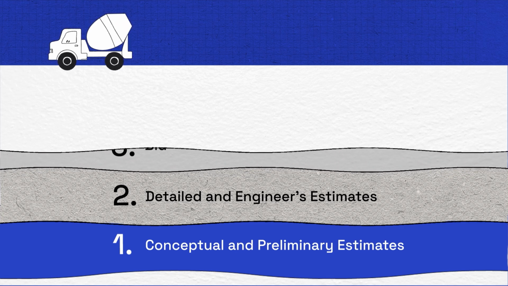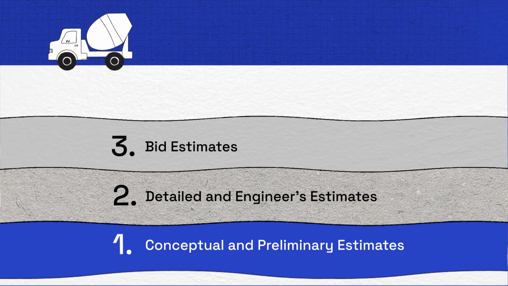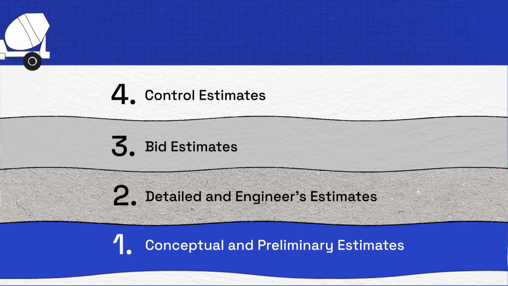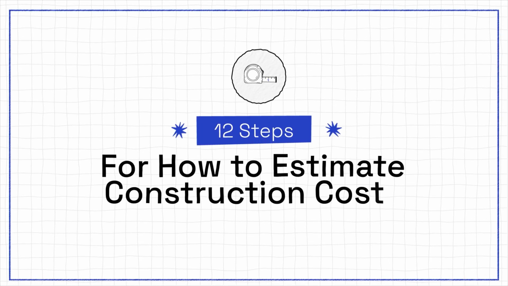Then comes the bidding phase, where contractors put together bid estimates. These are full proposals they submit to win the job. And finally, in the construction phase, you use control estimates. These track actual spending against your budget, so you can spot any issues early on. Now that we've identified the main types of estimates, let's go over the 12 steps for how to estimate construction